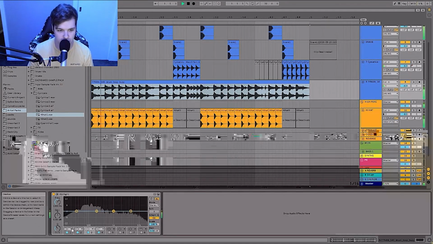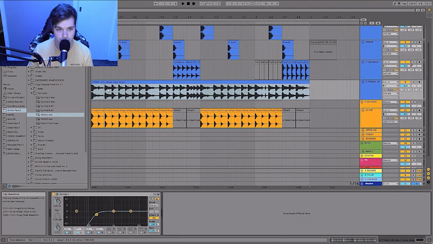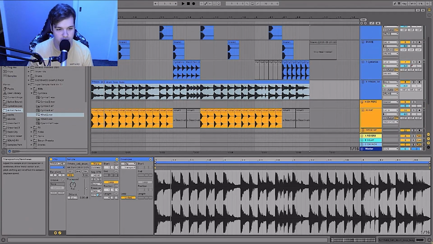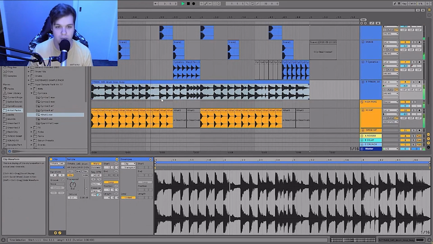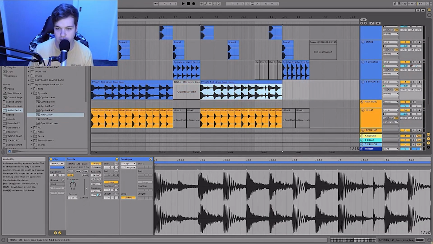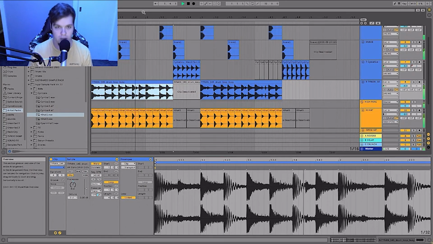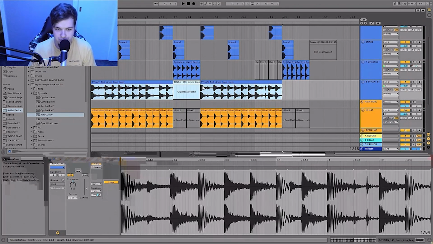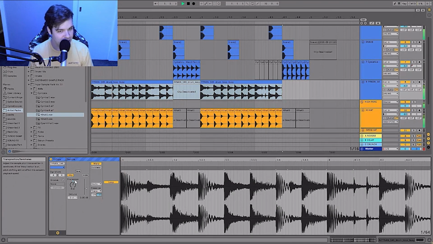So what I'm going to do is cut the low end out of this too. Let's just see how this sounds. And we maybe can even pitch this up. Let me just delete where those would happen. So now we have this little loop that by itself normally is way too busy. But now,